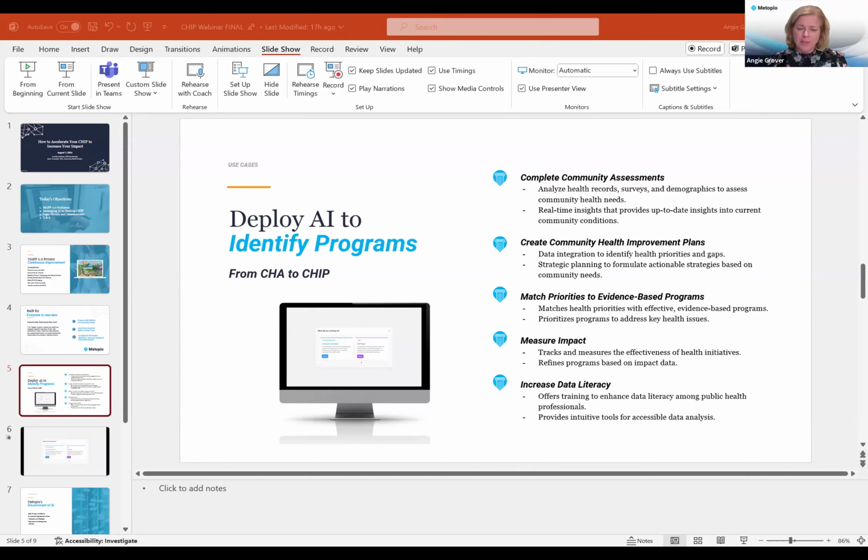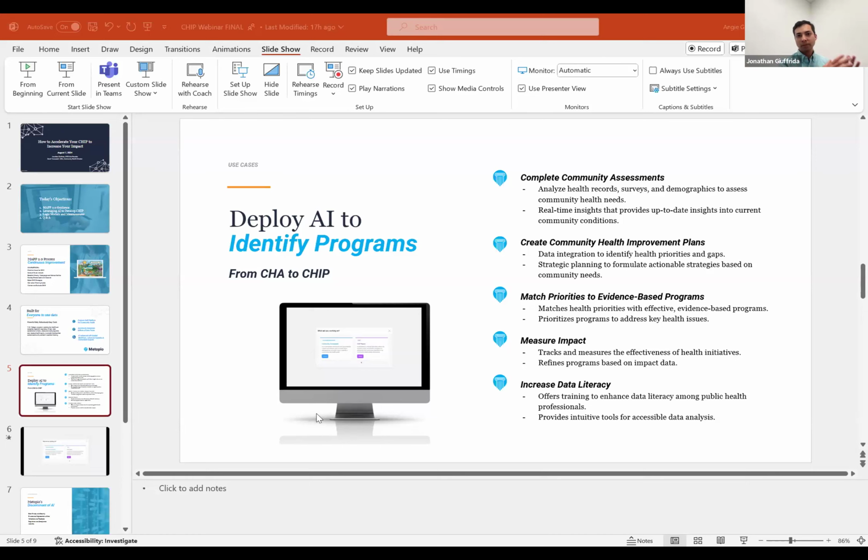So one question that popped up that's kind of relevant to that, Jonathan, is can you talk about how Metopio is looking at the prioritized needs and matching them up with the programs? Yes. So we have a program bank of, I think, something like 400 evidence-based programs. Again, we're pulling these from sources like County Health Rankings and the CDC, where they've already been compiled. So you might say, one of our prioritized needs was alcohol and substance abuse, and particularly maybe underage drinking in our community among teens, for instance. That then is fed into the search algorithm.